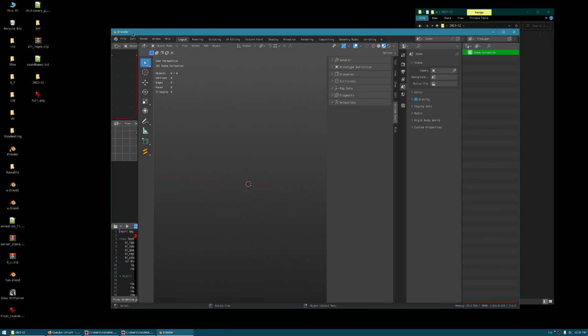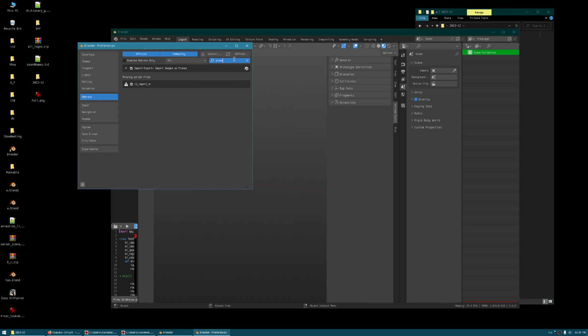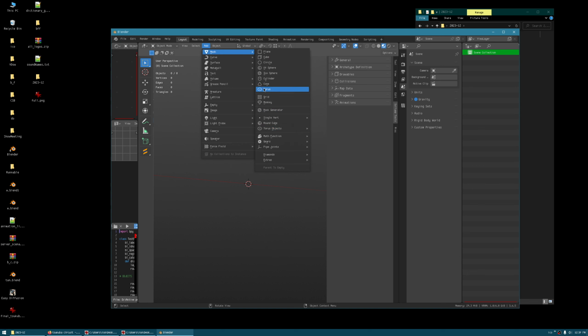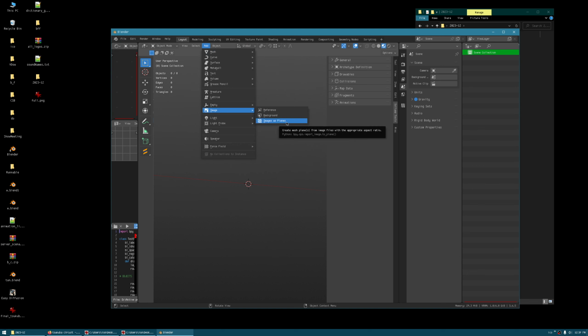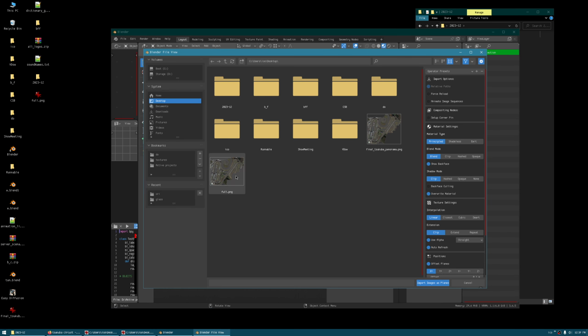Blender. So from Edit, Preferences, we're going to be checking. Make sure you have this one enabled: Import images as planes. Make sure you have that on. If you do not, just enable it. Then go to Object. No, Add. Add. Image as plane. Then go to where you save the panorama, the high definition one, this one,